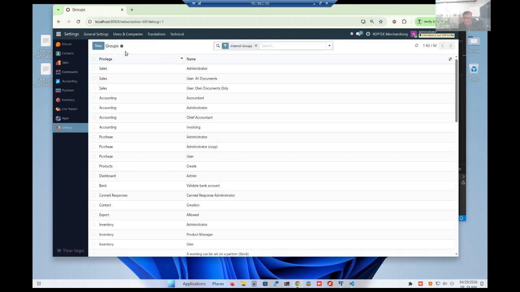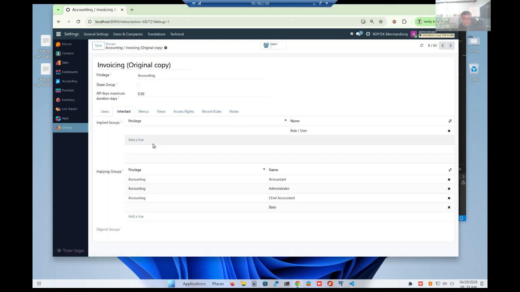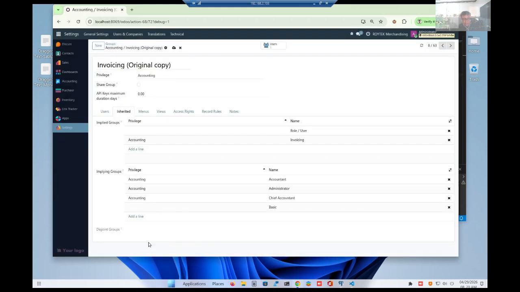Now, what we're going to do is to duplicate the accounting invoicing group. So we'll duplicate this. We call this original. And then make sure that it's inherited to the accounting invoicing group also. That's a requirement by Odoo 19.